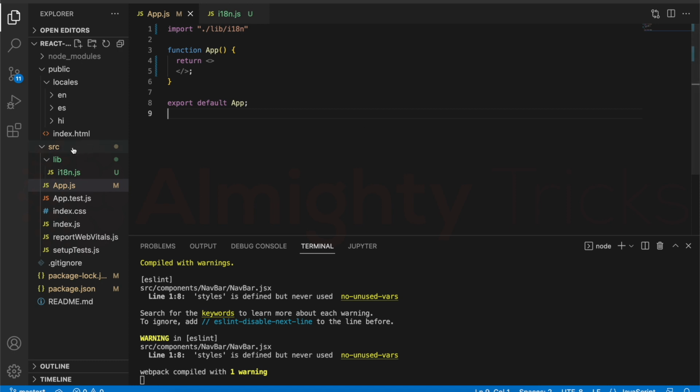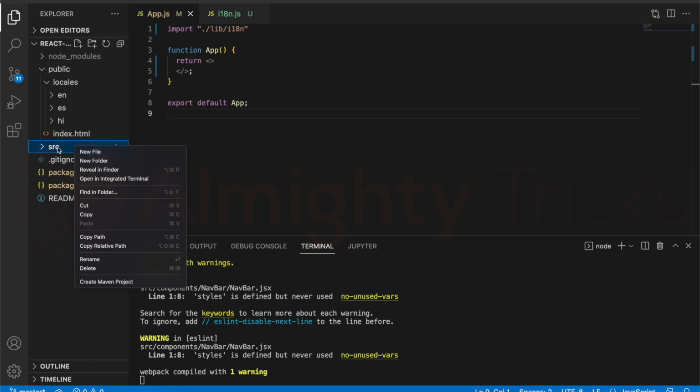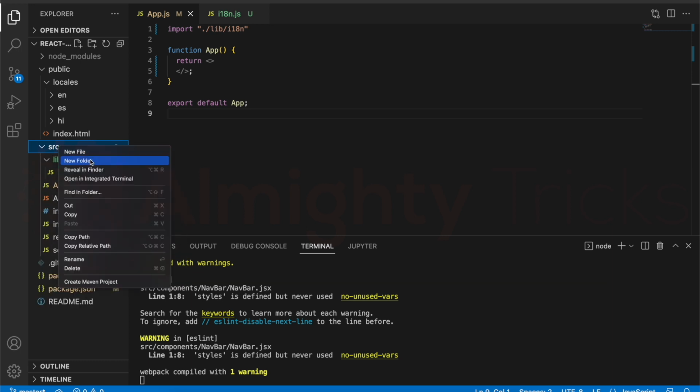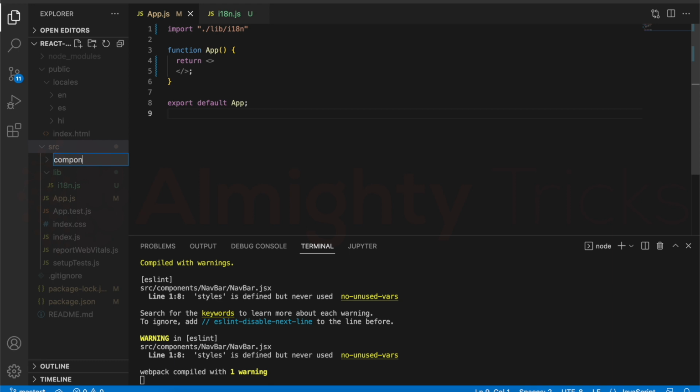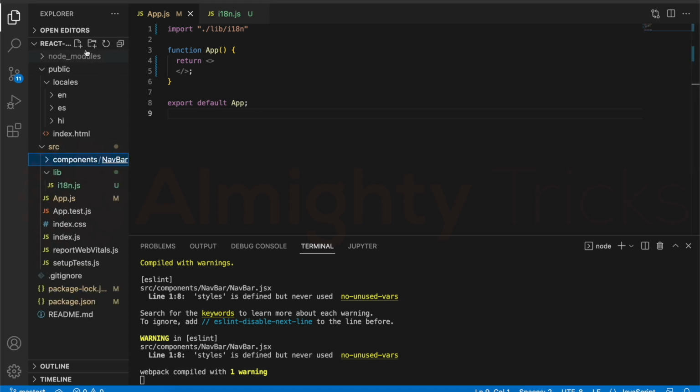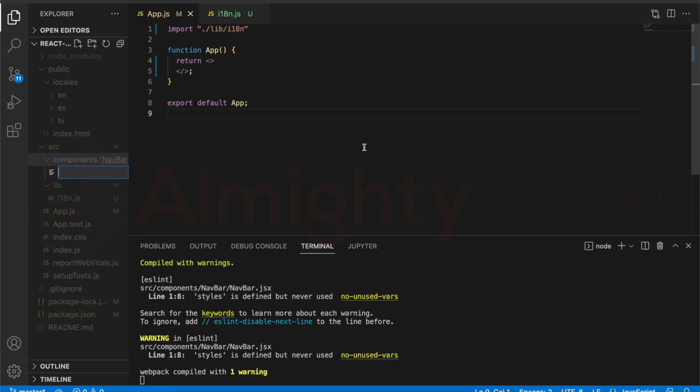Okay, now in this video, what we are going to do is create one working code where we can select the language from the drop down, and based on the language selection, it will change the content of this website. So let me create one folder called components. In components, I can have another folder called navbar. I'll create one navbar here, and in this navbar folder, I can have one file called navbar.jsx,